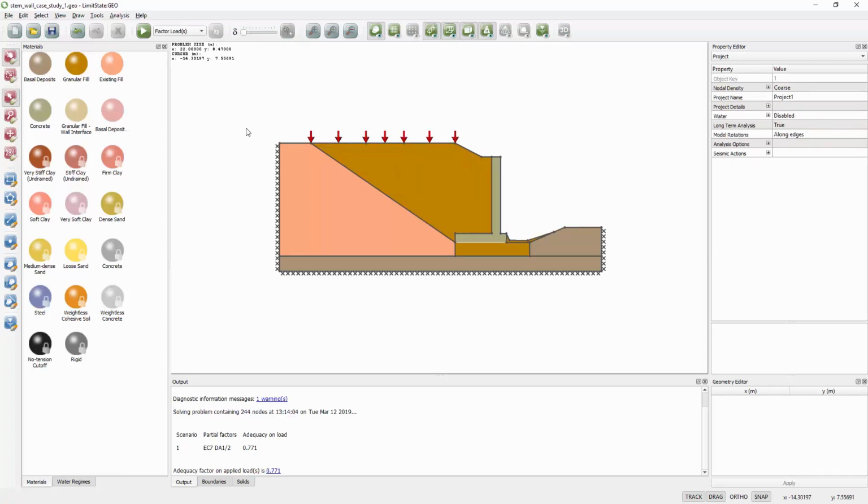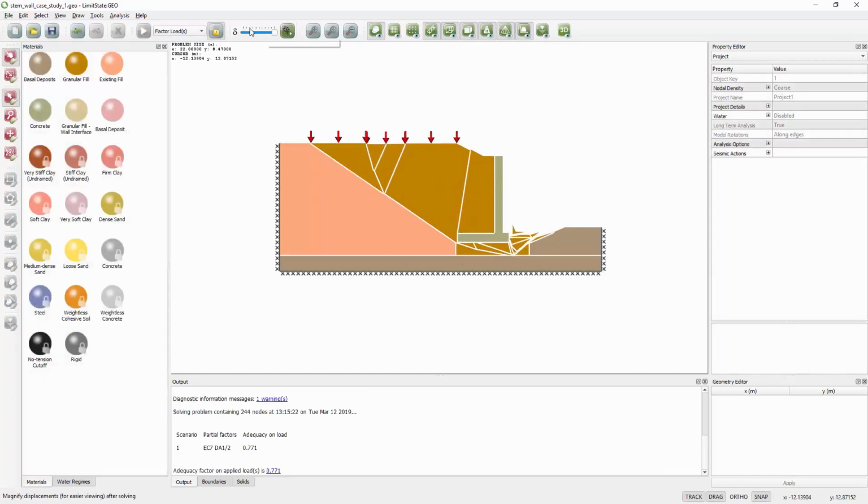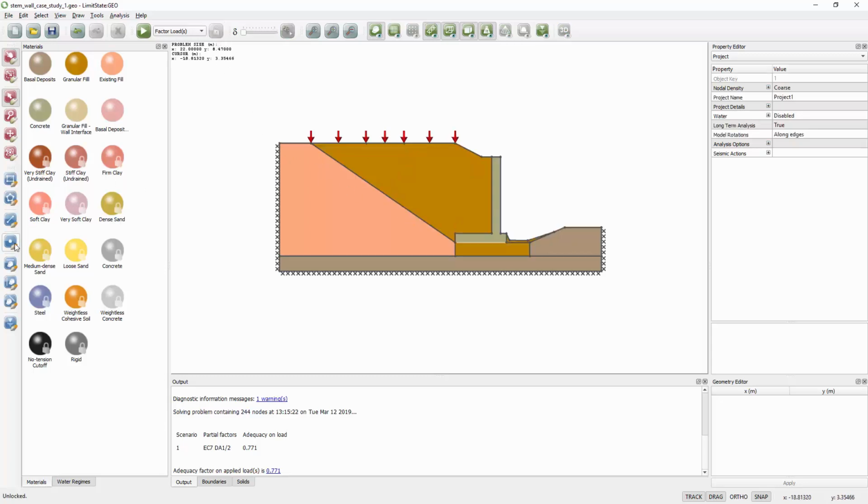So one option, if we look at the failure mode, is to see what's happening, and we've got a slider bar here which allows us to animate the solution, that the soil is sliding down this interface between the existing fill and the newer, stronger fill. So it's using that weaker interface. So we could perhaps excavate more of the existing embankment